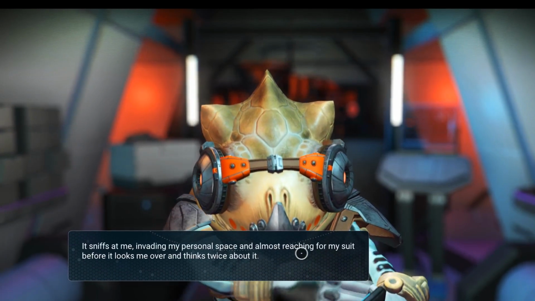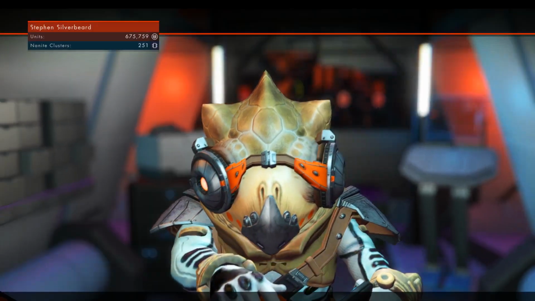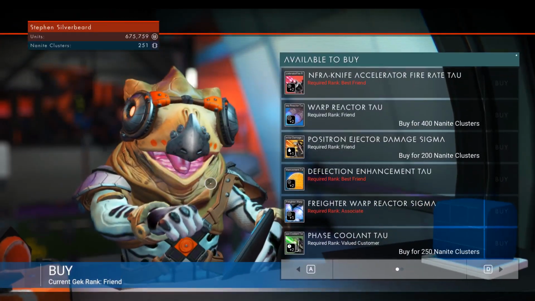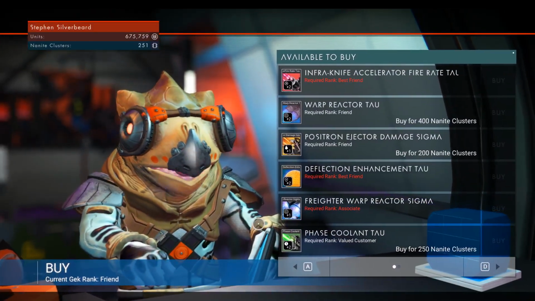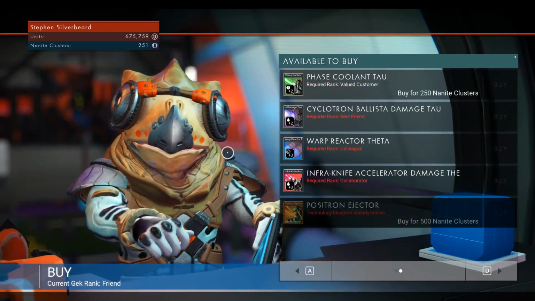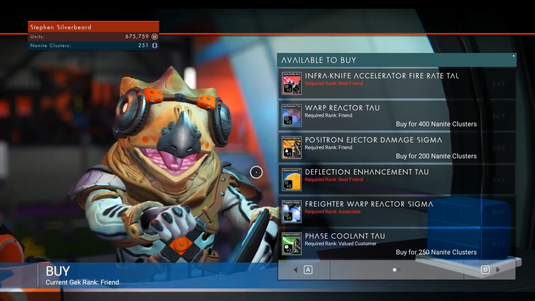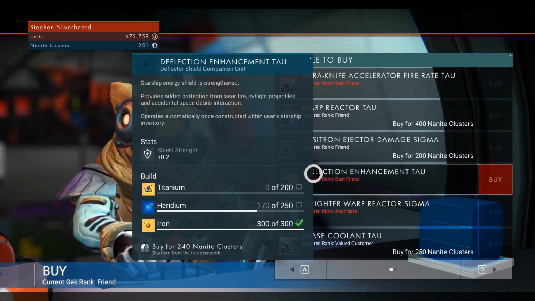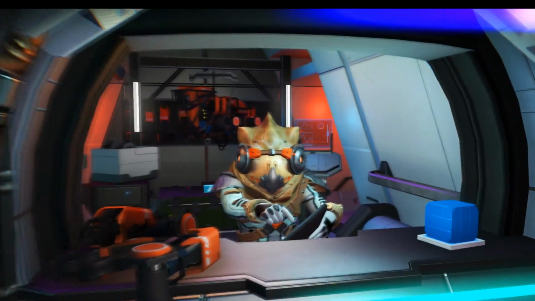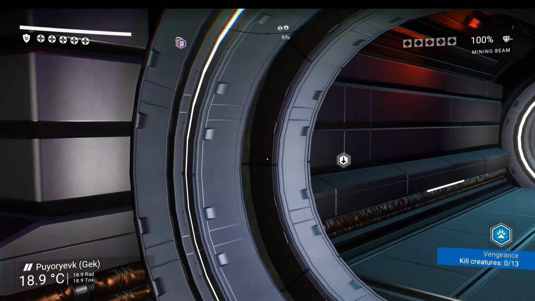Sniffs, invading my personal space. Is almost reaching for my suit before I look over it. Right, nanite Prince. 150. Best friend. Great, that's what I want. Deflection shield. Okay, we've got to work on the next level up, which is